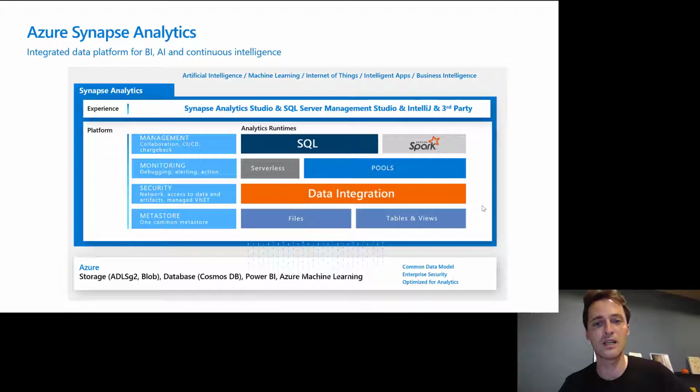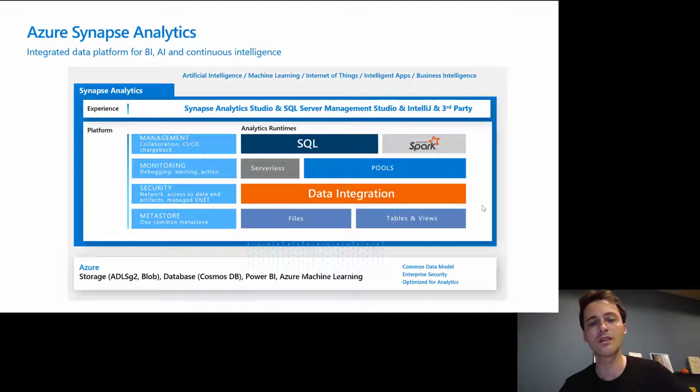SQL and Spark as well are elastic. SQL can be consumed in a serverless fashion. We used to call it SQL on demand, now it's SQL serverless, and you have SQL pool, which provides you performance, predictability in performance, predictability in cost. You can as well pause or scale or resume this SQL pool. Last but not least is Spark. Spark is a great platform as well on its own to provide AI, to provide data engineering capabilities over in